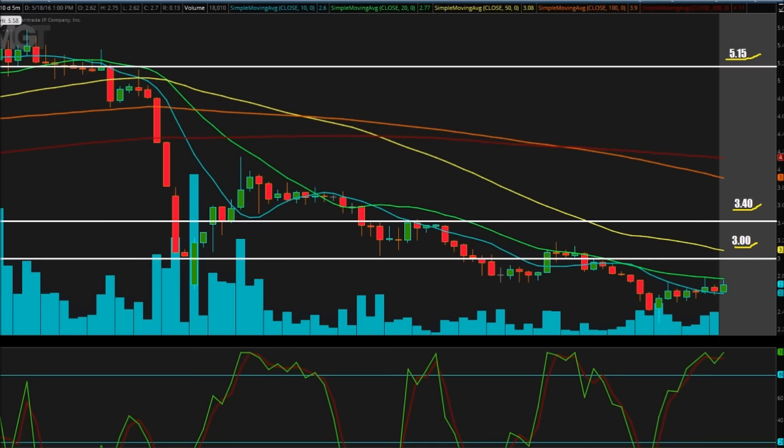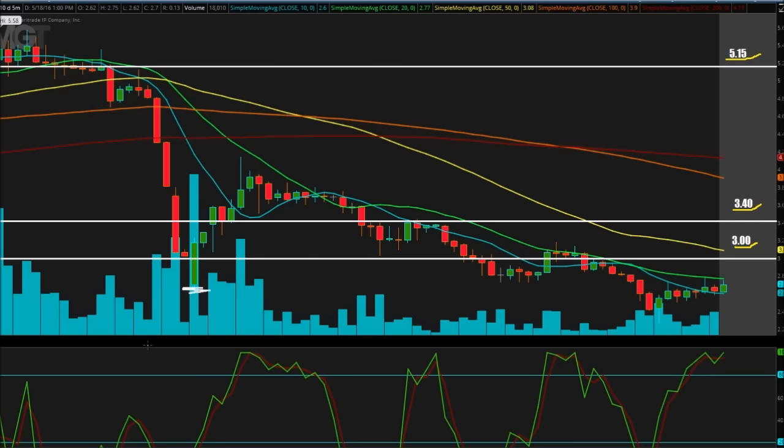Right off the bat, let's look up here. We opened, and we had our high of the day right there on the first candle of the 5-minute chart at $5.58. It was a fairly volatile candle. It had its low at $4.80, high at $5.58. So a very wide trading range on this one single candle. After that, we did fall off a little bit before trying to get back up and make a new high of the day, but it just didn't really work out. After that, we just fell down and consolidated at the $5.15 support, but this candle just brought everything down. Right after that, it was like a staircase, just down, down, down, down, and down.